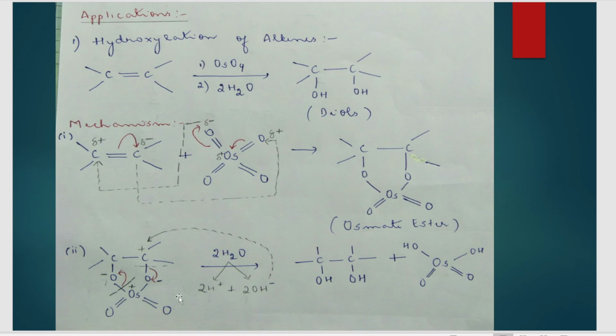In the second step, we are taking our second reagent, that is water. Now you know that water dissociates to give H plus and OH minus ions. Now, look carefully. What is happening here is this bond between osmium and oxygen is getting shifted towards this oxygen. So what is the charge that oxygen is getting? Minus. And there's a bond breakage here, since both the electrons of the bond are getting pulled towards oxygen.